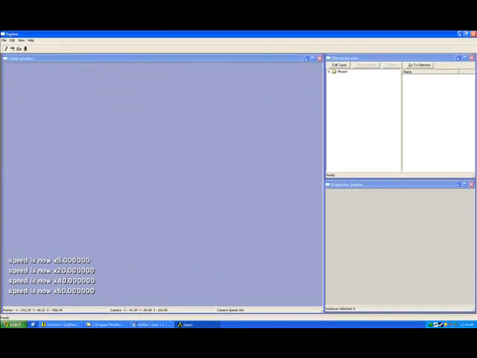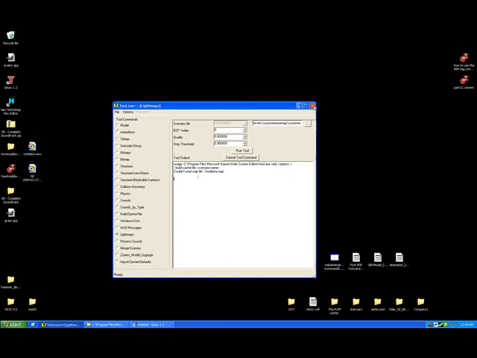I'm going to run lightmaps again, not in Tool++, just in